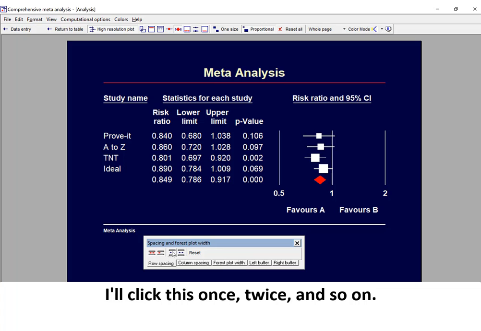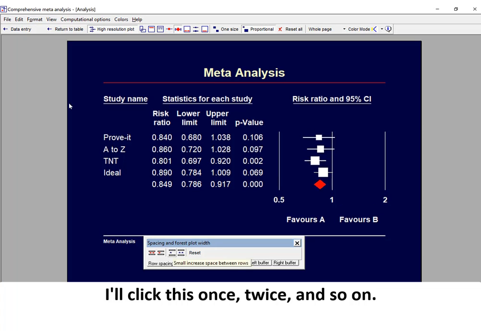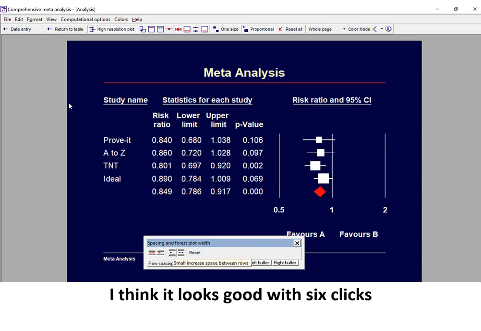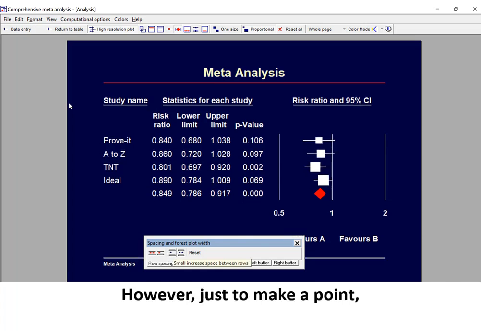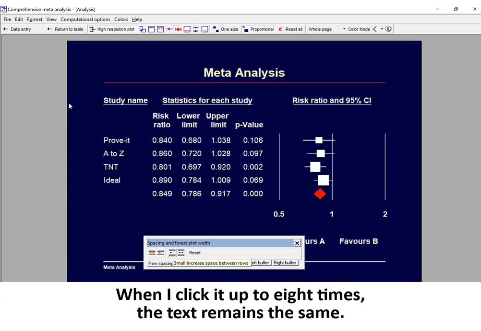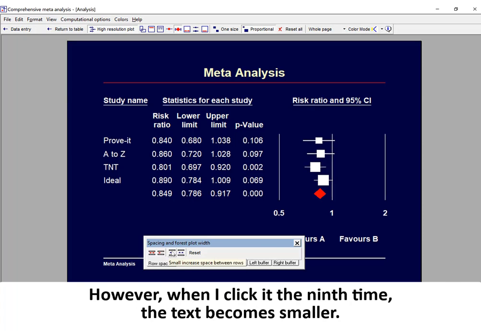I click this once, twice, and so on. I think it looks good with about 6 clicks. However, just to make a point, look what happens if I click this a total of 9 times. When I click it up to 8 times, the text remains the same. However, when I click it the 9th time, the text becomes smaller.